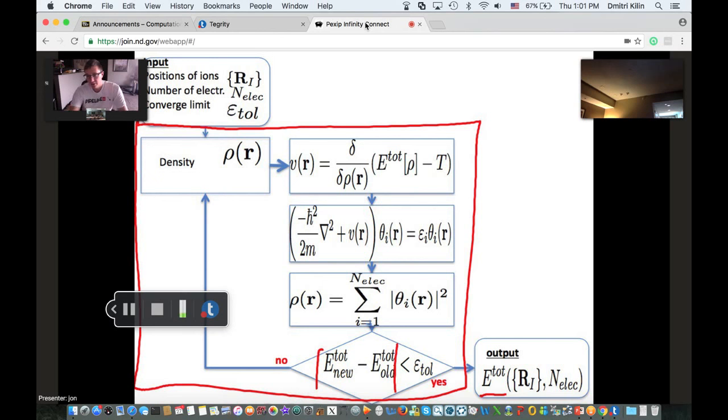Now, if that's not the case, what's going to happen is we're going to get a shift in the ionic coordinates, and then the density will shift accordingly, and then it'll go back through that same cycle in calculating the total energy on the new localized density. And so it'll sit and spin in the box depending on what the input values are for the calculation. And the end goal is just to get an optimization of this electronic structure